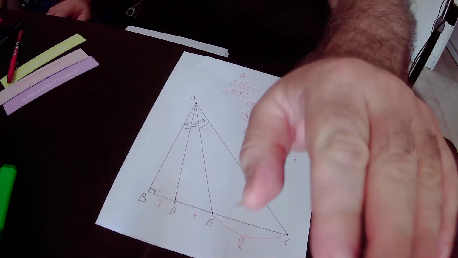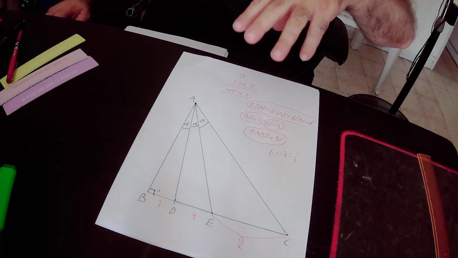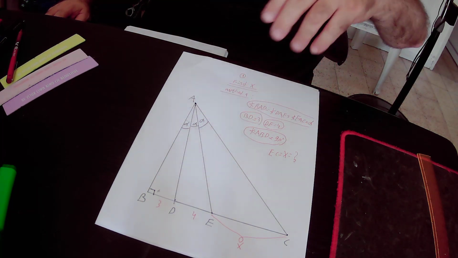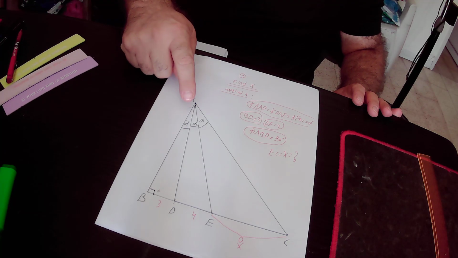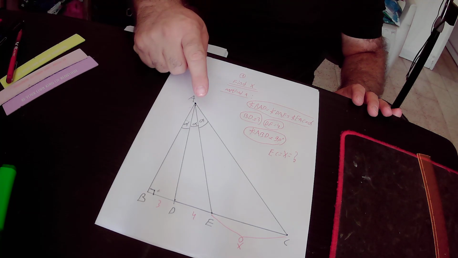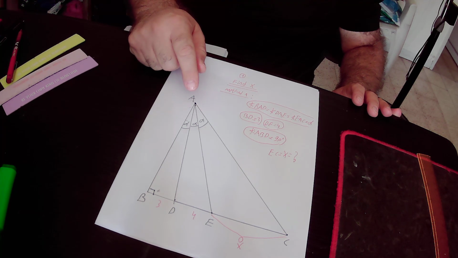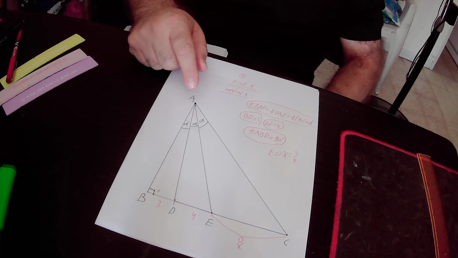Hello, in this lecture we will find the value of X in two methods. In the drawing we have triangle ABC. We know that angle BAD equals angle DAE equals angle EAC, and all those angles are equal to alpha,